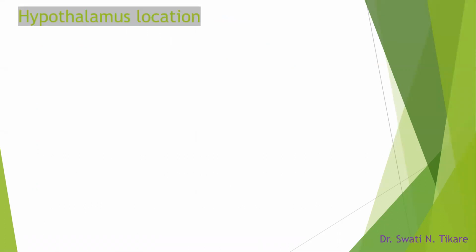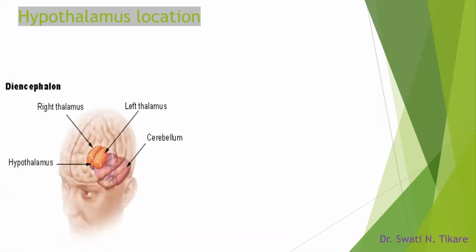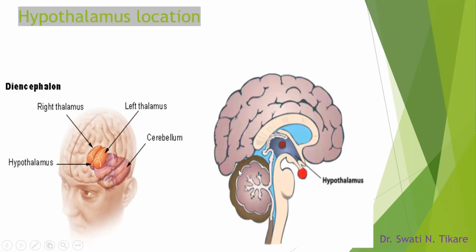Coming first to the hypothalamus. Since the CNS might not have been completed for you right now, the hypothalamus is located below two structures, which are called the thalamus, the right and the left thalamus. Below that, this part of the hypothalamus is there. One more view to show the location of the hypothalamus. So this is the location of the hypothalamus here near the third ventricle.